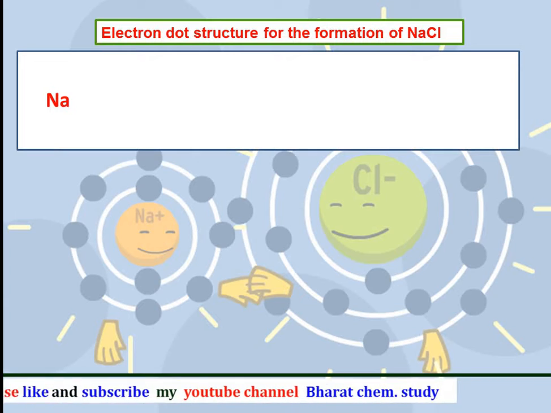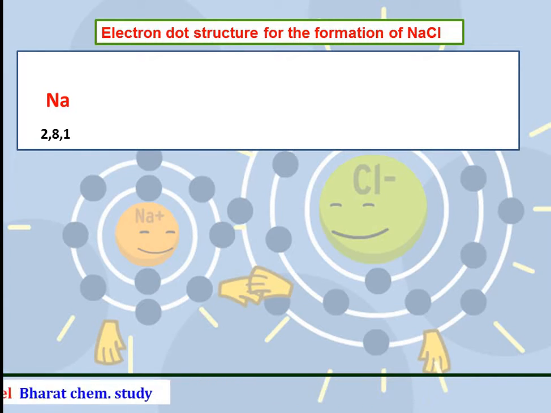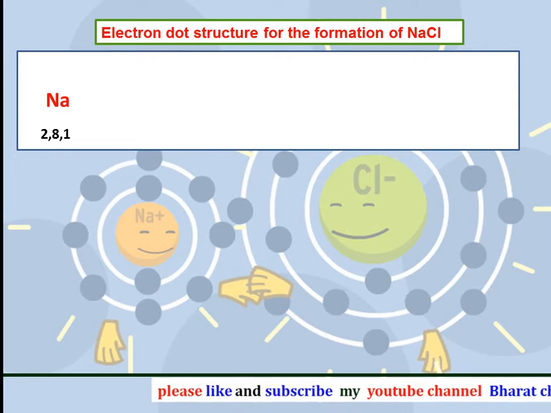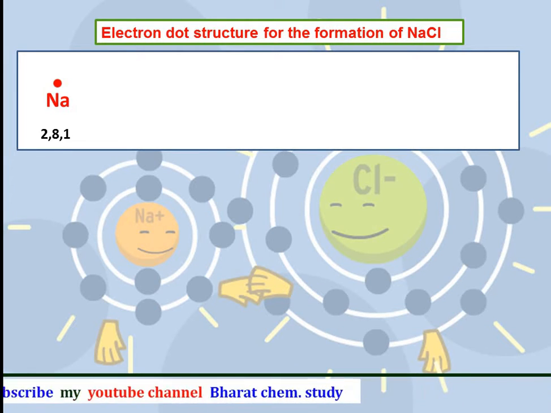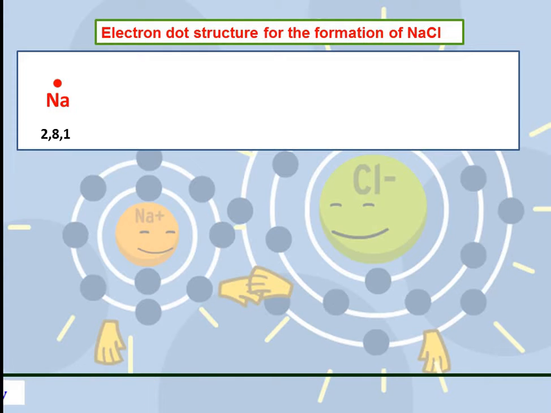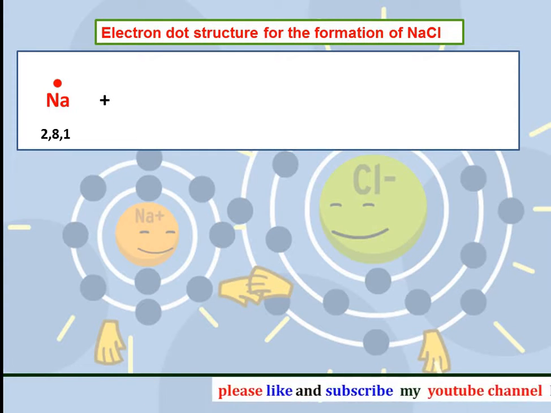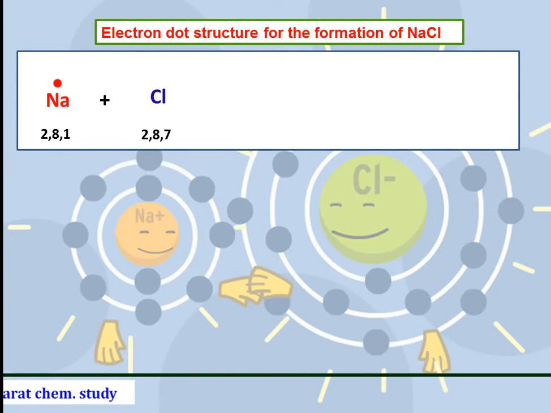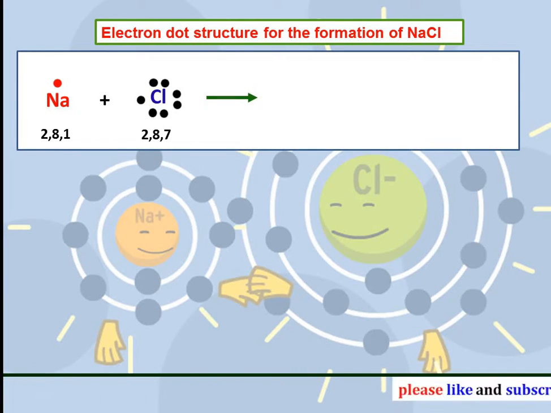We know that we are going to study about NaCl and the electronic configuration of sodium is 2,8,1, that is one valence electron, and we represent its Lewis symbol like this one. And because one chlorine is going to come along with it, we put symbol plus and then we write the symbol of chlorine with electronic configuration 2,8,7 and its 7 valence electrons like this one.